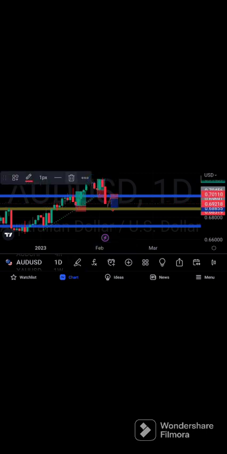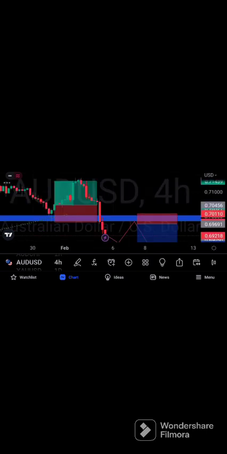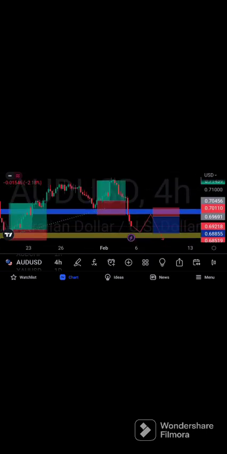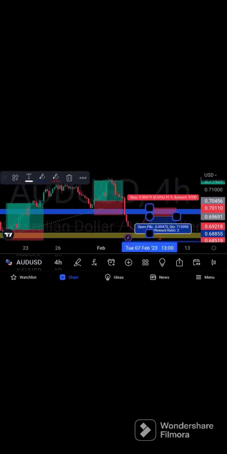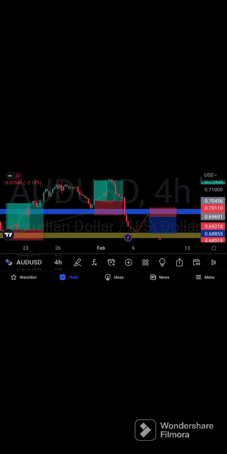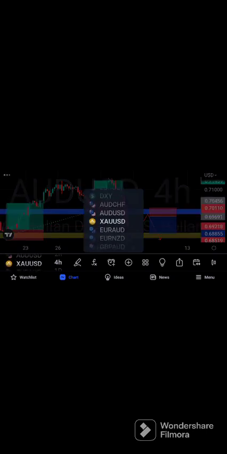So that's what I'm actually looking at on AUD USD. On the 4-hour time frame, it will display very well. You can see what I'm trying to spot. You can see that this is a risk to reward of 1:2. So I'm waiting for the market to come down here and now go up. Then another one is